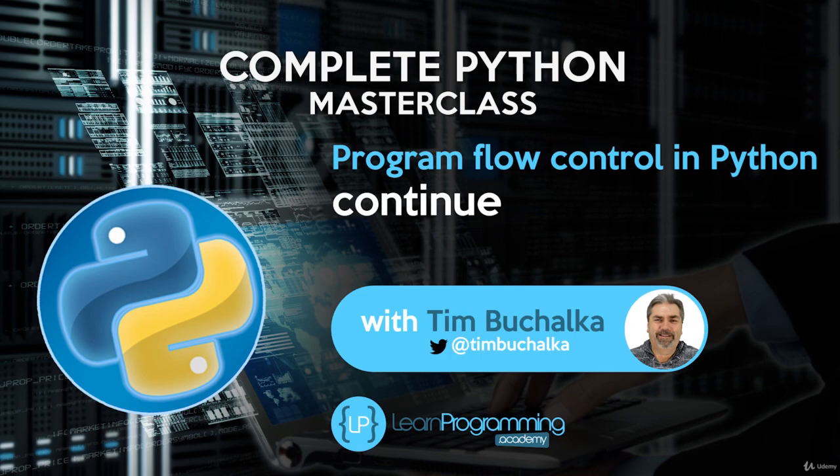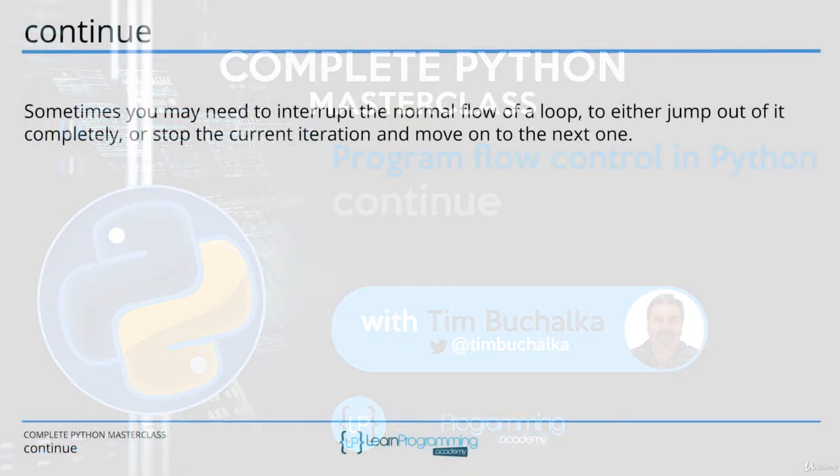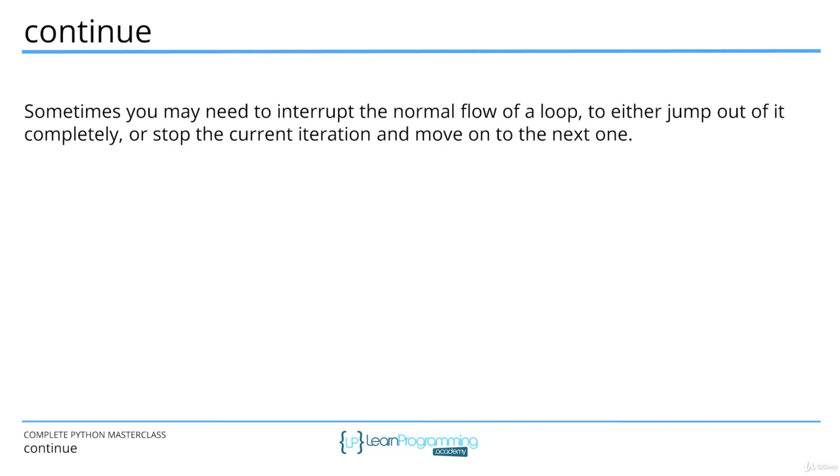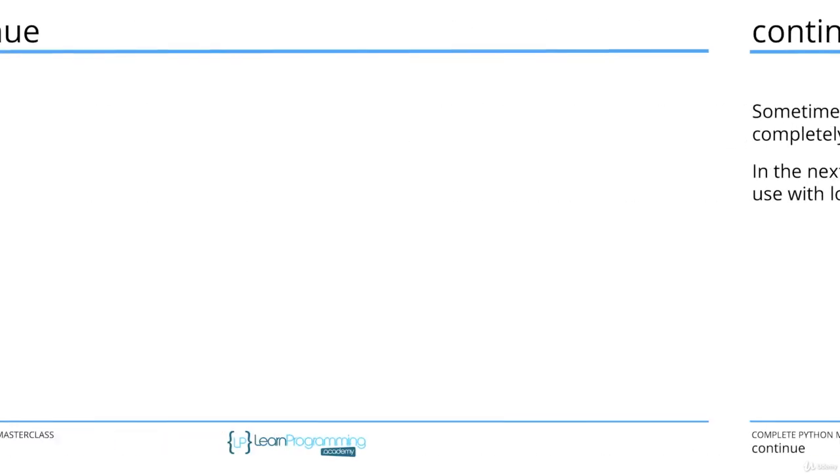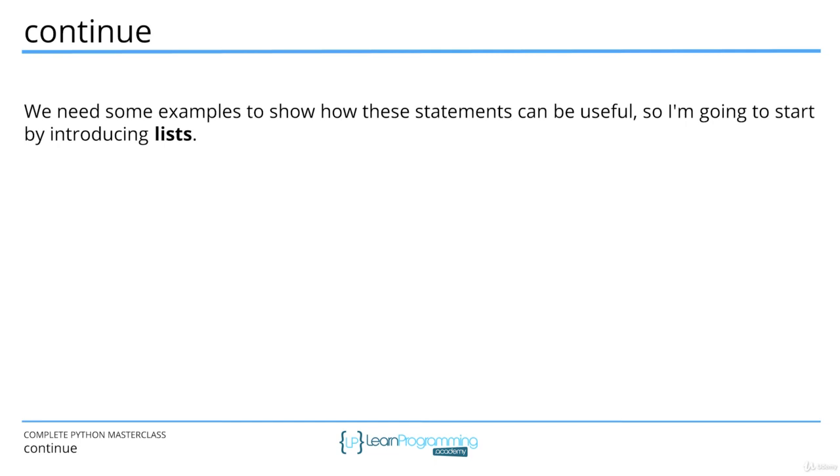Sometimes you may need to interrupt the normal flow of a loop to either jump out of it completely or stop the current iteration and move on to the next one. In the next two videos, we're going to look at the continue and break statements that we can use with loops. We need some examples to show how these statements can be useful, so I'm going to start by introducing